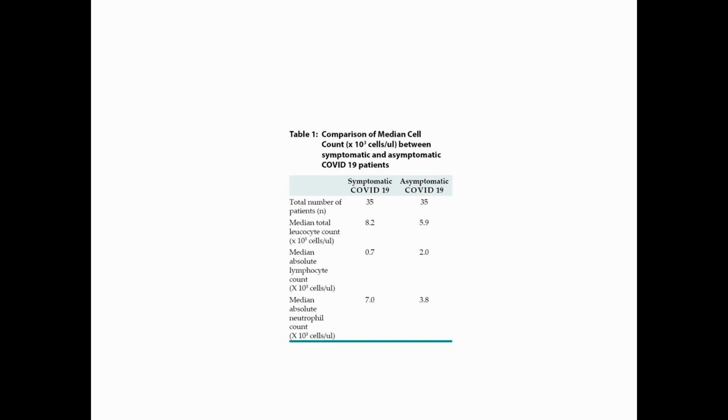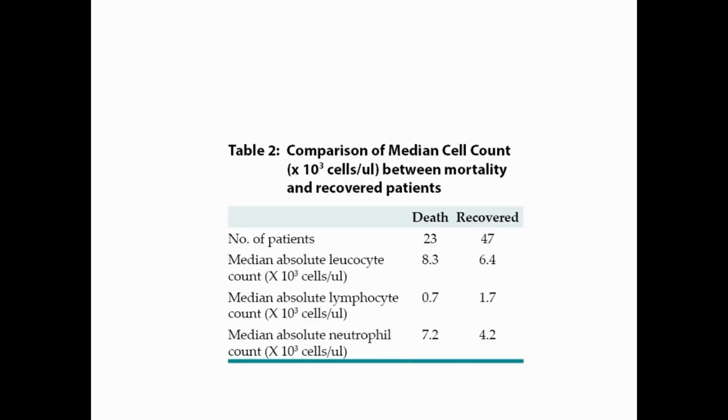Neutrophilia was present in both groups, with a median nadir of ANC of 7 in symptomatic patients and a median nadir of 3.8 in asymptomatic patients. Usually the normal range of ALC is 1000 to 4000 and ANC is 1500 to 8000. The next is another figure which shows a median lymphocyte count of 0.7